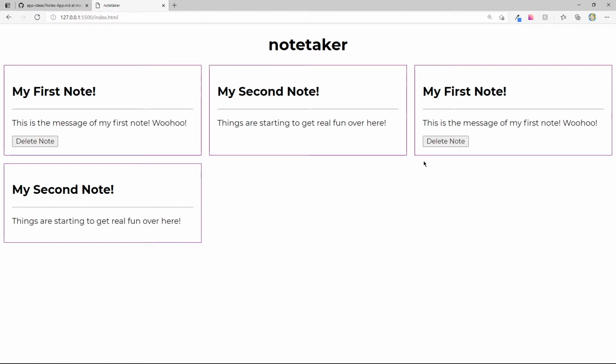So, of course, the most important thing that I forgot here was to create the form that a user will need to use to be able to enter in a message and a title of the note that they're creating. So let's go ahead and take care of that now before moving forward. So back in Visual Studio Code,